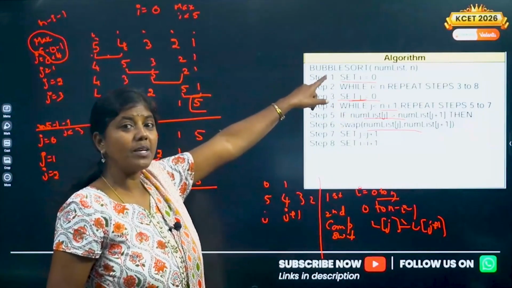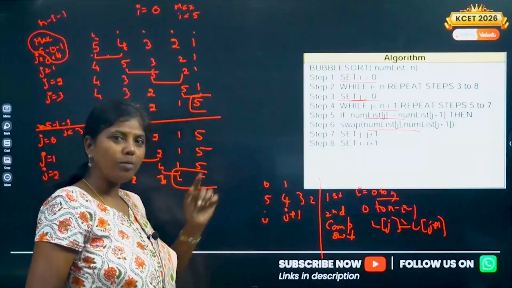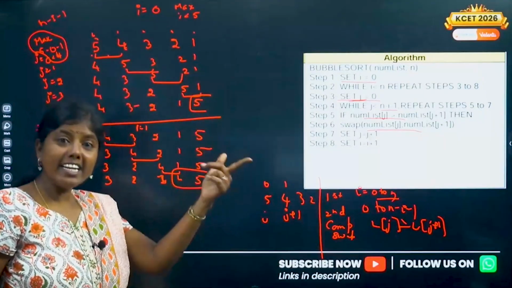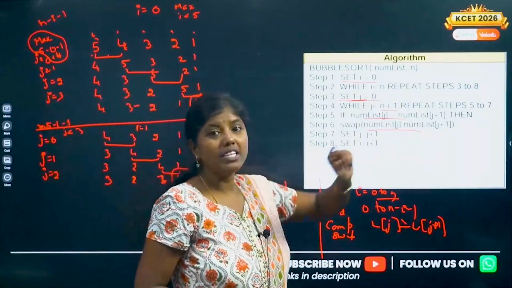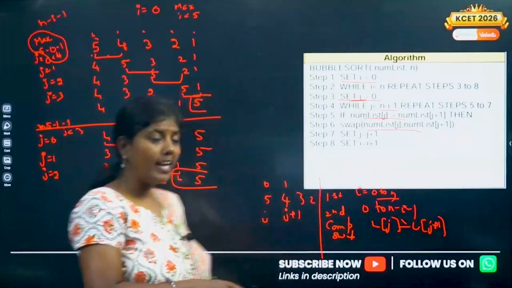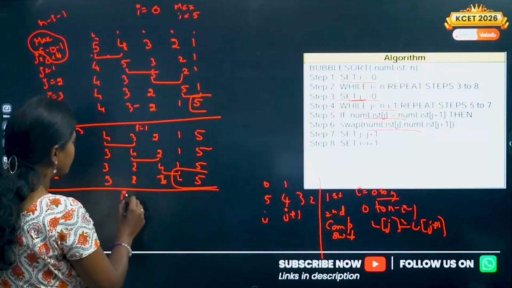One less than that, one comparison, i comparison. One iteration means one element sorted, two iterations means two elements sorted, three iterations means three elements sorted. That's why it is n minus i minus 1. Got the point? Remember that. And similarly, I can just do it for the next iteration also.